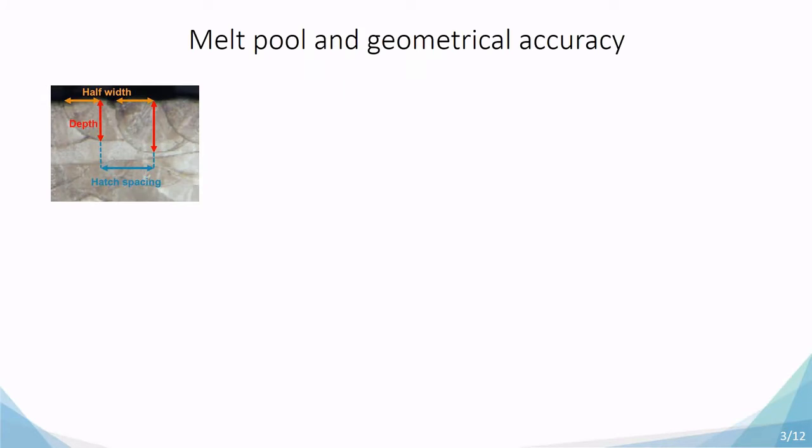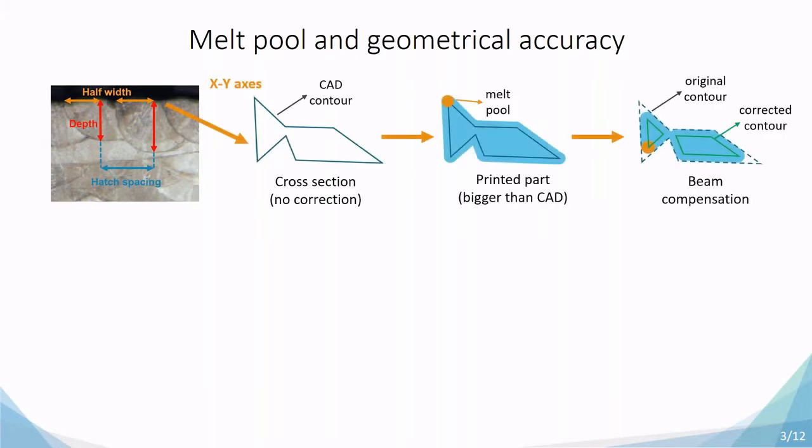So in the SLM process, we can characterize the melt pool with two main dimensions, which are the melt pool width and the melt pool depth. The first one is responsible for the error in the XY plane. So if we print a CAD model without any correction, the melt pool will create a part which is slightly bigger than the intended dimension. So what we can do is to shift the contour slightly inward, applying the beam compensation, and to obtain, therefore,